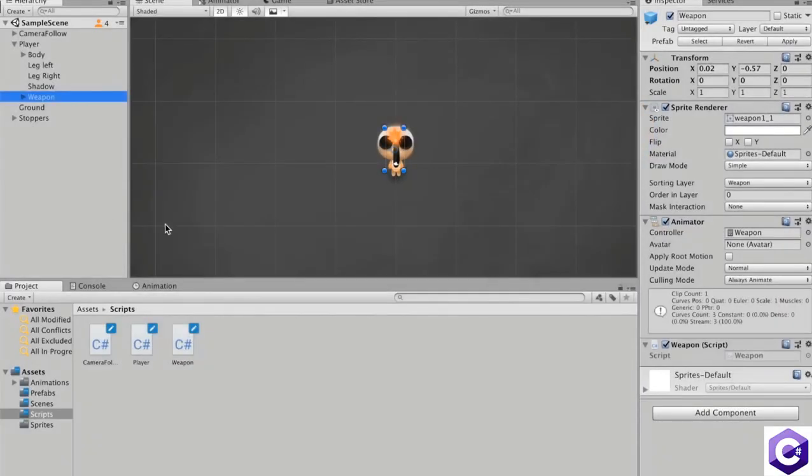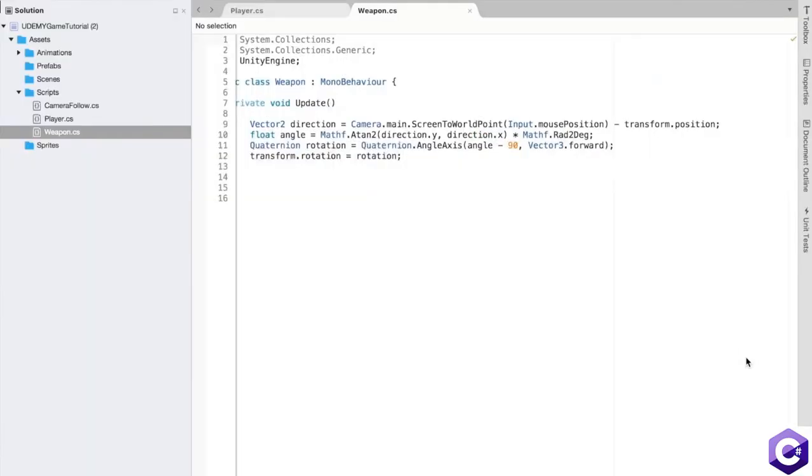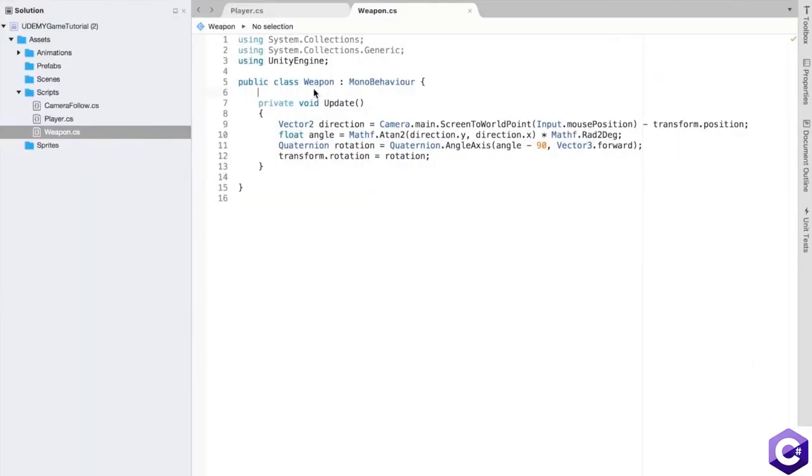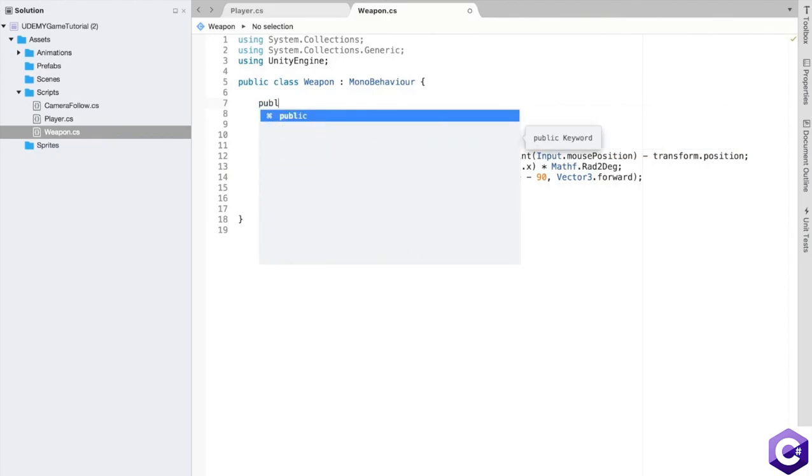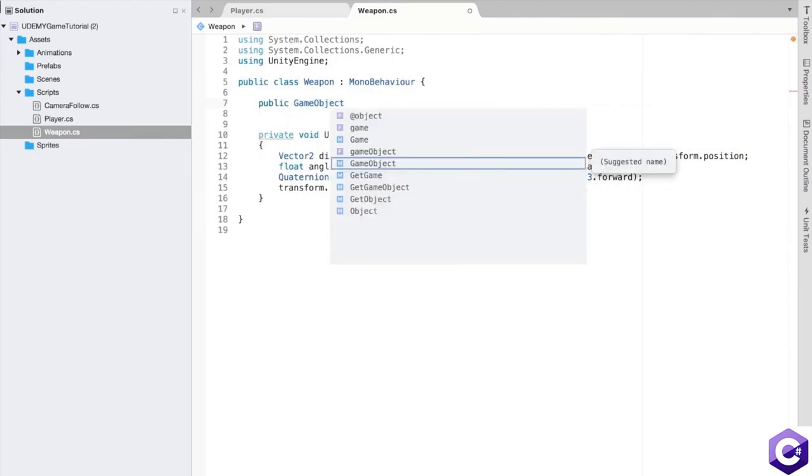The first thing I'm going to do is open up the weapon script. So inside of the script, we're going to add a few variables. The first variable we need is a reference to what we actually want to spawn. So what bullet do we want to spawn? So for that, I'm going to create a public variable of type GameObject, and I'm just going to call it